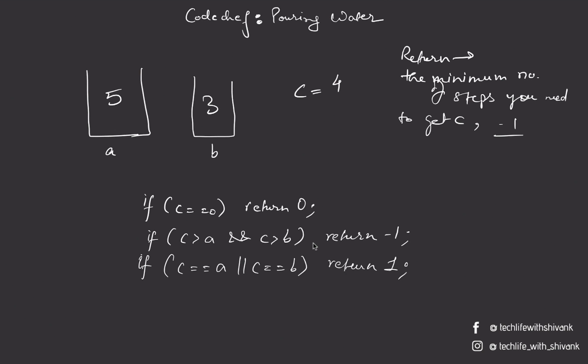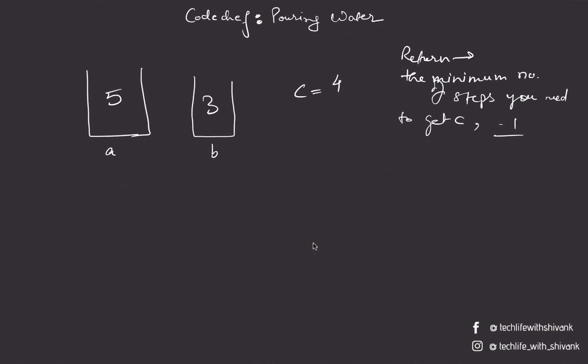So basically you just need one step, that is you have to fill that container completely and you'll get your answer. So to begin with, we have only two options. We are at point 0, 0, that is when both of the containers A and B are empty. So either we can fill water in the first container, or we can fill water in the second container. Now from 5, 0, we can either go to 5, 5, or we can pour the water from the first container to the second container and go to 2, 3.